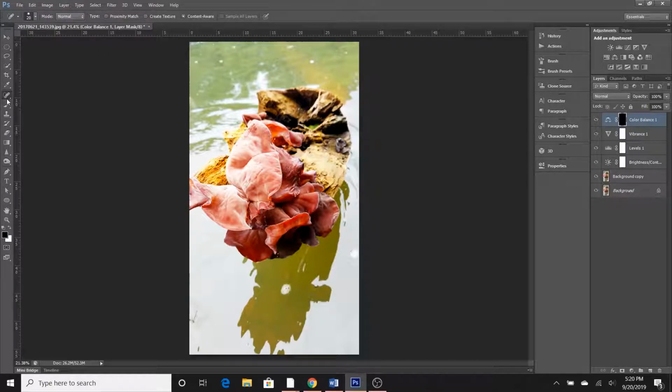Then it's going to be J for your spot healing brush tool, B for regular brush, S for stamp. It's going to be Y for your history brush tool, E for eraser, G for gradient. Your blur, sharpen, and smudge tool does not have a hotkey command listed. Your dodge, burn, and sponge tool are going to be the letter O as in Oscar, P for the pen tool, T for the text tool, the letter A for your path selection tool,